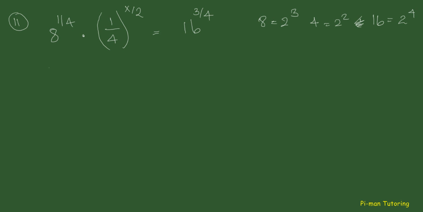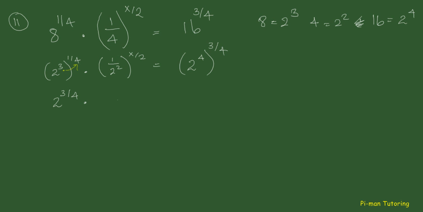So we can rewrite this as 2 cubed to the power of 1/4 multiplied by 1 over 2 squared to the power of x over 2 is equal to 2 to the power of 4 raised to the power of 3 over 4. Now we can use our exponent power rule. We've got a power of 3 and a power of 1/4. So to combine those, we simply multiply them. So we're left with 2 to the power of 3 over 4